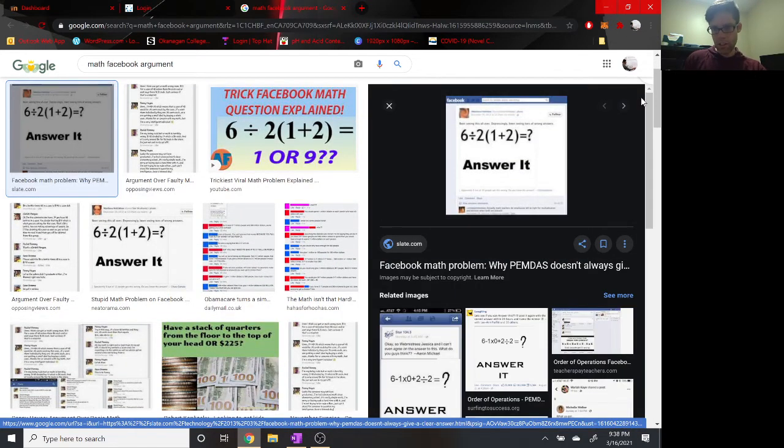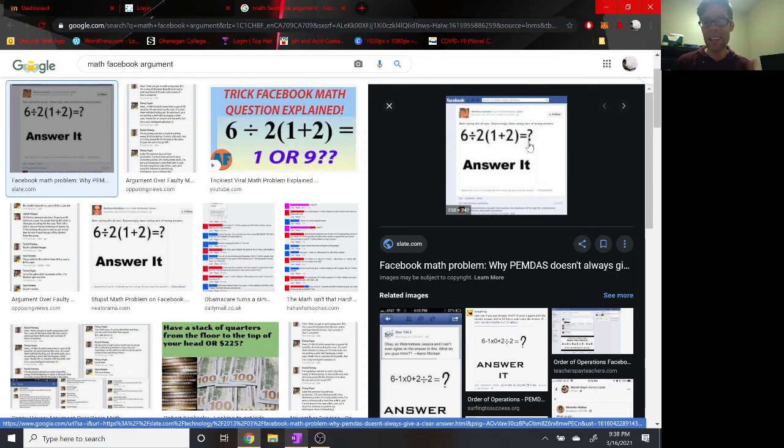What is the answer to this? 6 divided by 2 times 1 plus 2. What is the answer to this? Anyway, let's copy this down and let's talk about why this riles so many people up. All right, so some people get the answer of 1 and some people get the answer of 9. And we want to think about why that happens and why that